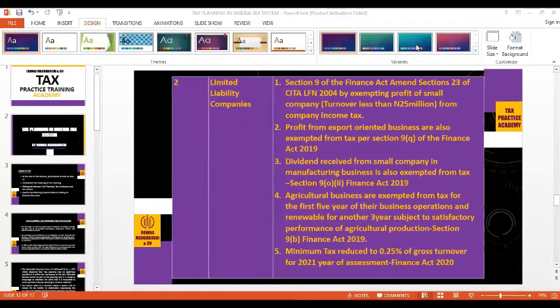I want to bring to us that tax planning is not done only by individuals and companies, it's also done by governments. And if you look, the Nigerian budget is increasing. So they are bringing out the Finance Acts to raise additional tax revenue to finance the Nigerian budget. So rest assured, put at the back of your mind that as you are doing your tax planning, the government is also doing their tax planning. Their own tax planning is they want to make more money from you. Your own tax plan is you want to reduce the money you pay to the government. So you must be very careful.